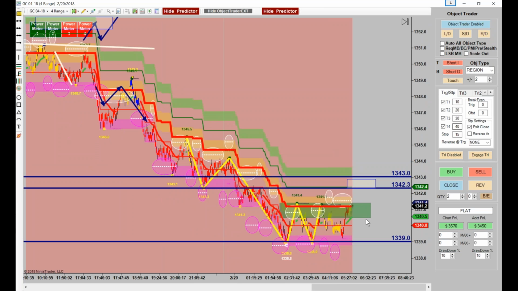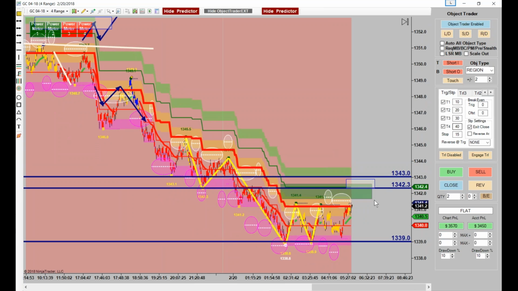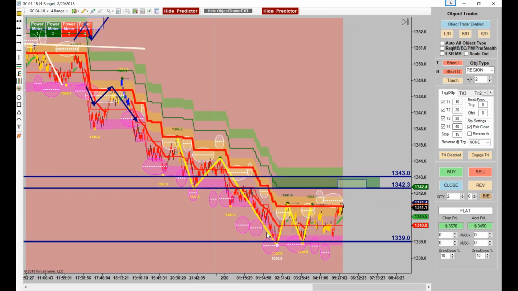You want to see if it does? Let's give it like that. That's resistance. And we'll see if we can get a little phantom trade. And I would go for the top one, not the bottom one. I don't like the breakout of it. If it gives us a trade, it does. If it doesn't, it doesn't.